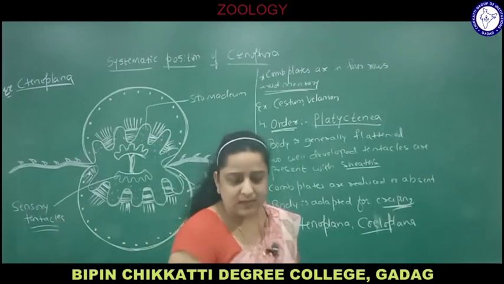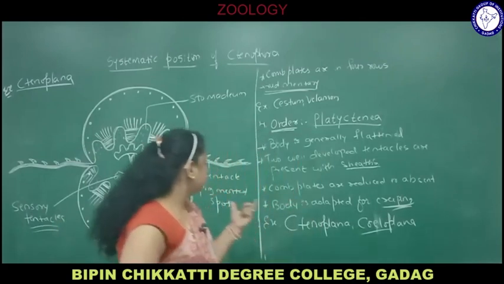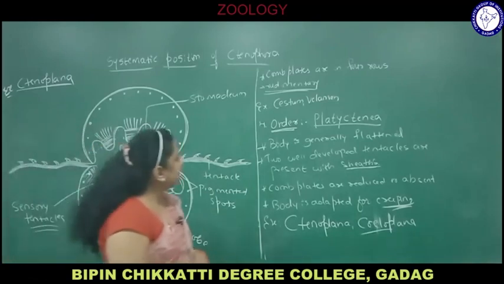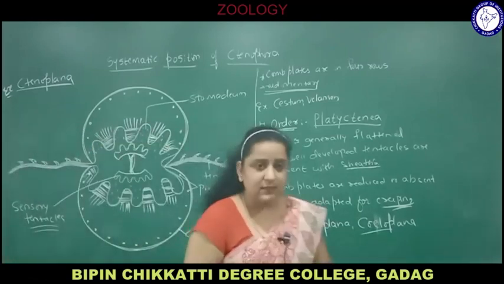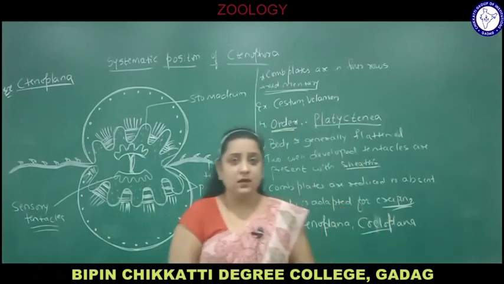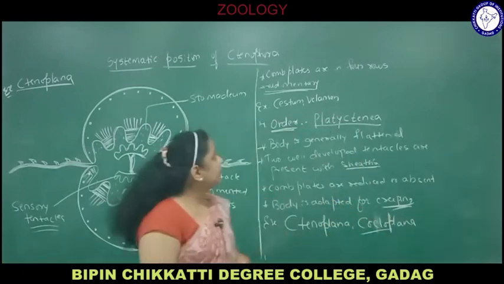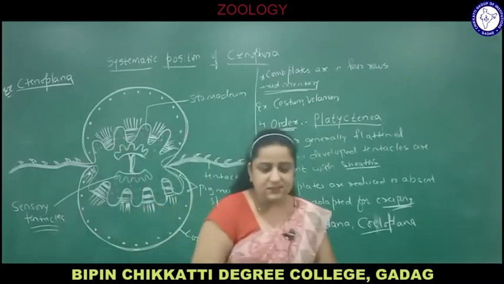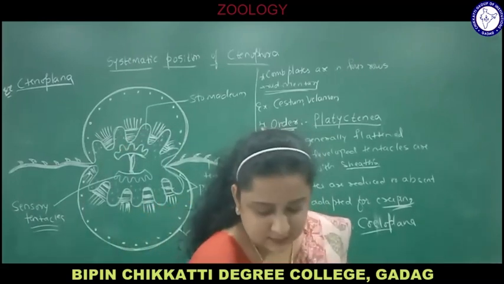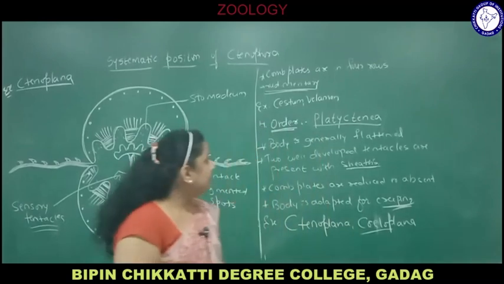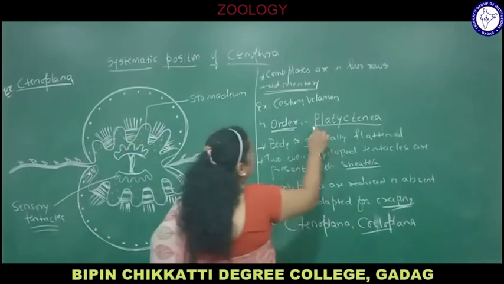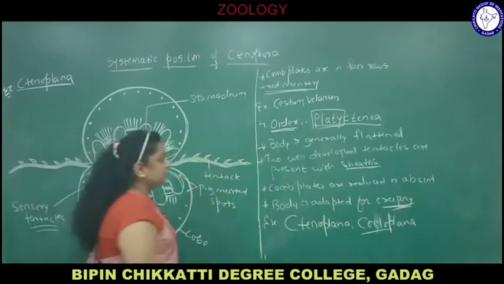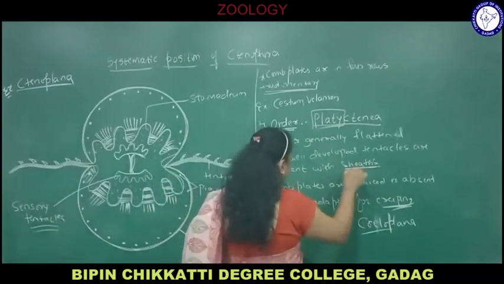Next we will go to the second class. So this is about the first class, that is Tentaculata. Once again, class Tentaculata includes 4 orders: order 1 Cydippida, order 2 Lobata, order 3 Cestida, and order number 4 is Platyctenia. As I told, it is platy because the body is flat. Two well developed tentacles are present with the help of a sheath.